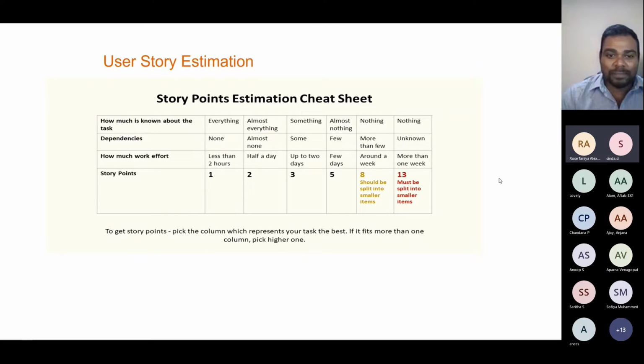Am I audible? Yeah, go ahead. So velocity basically means the total value of story points divided by the number of sprints, right? Yes. Okay. Got it. So basically,